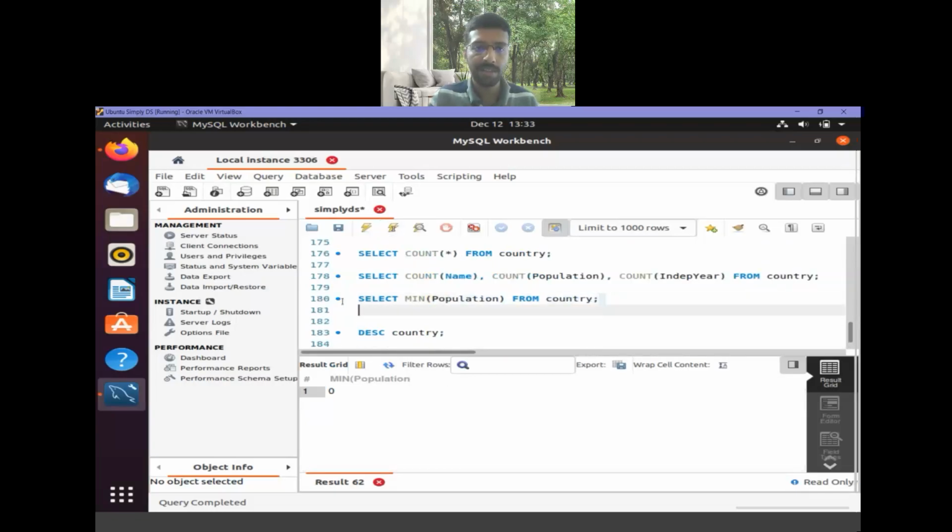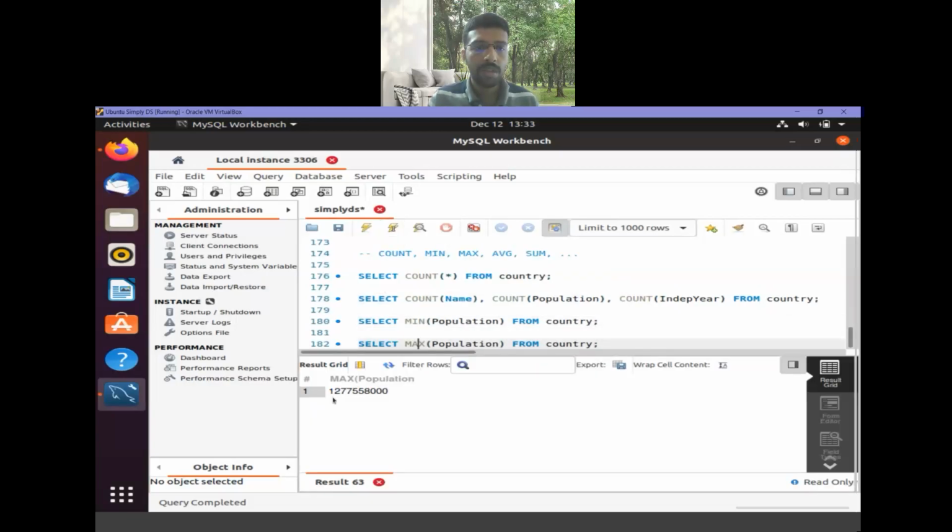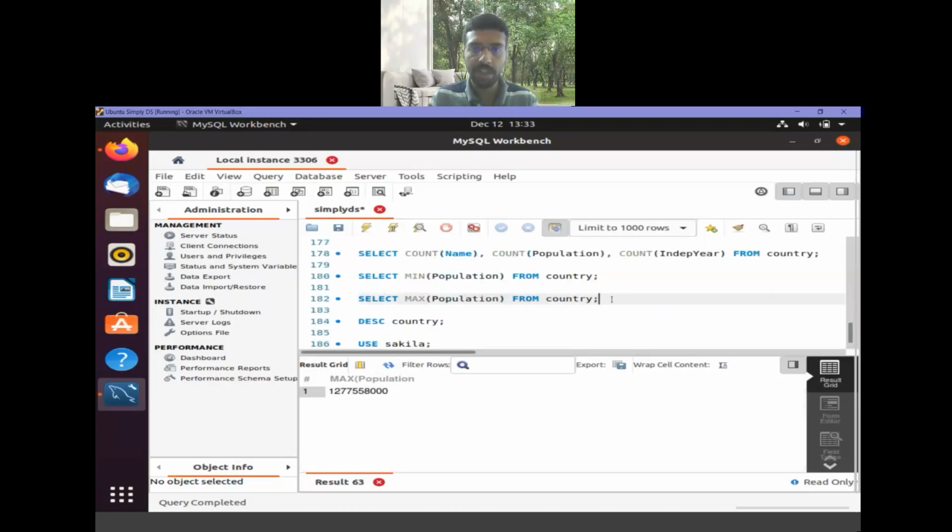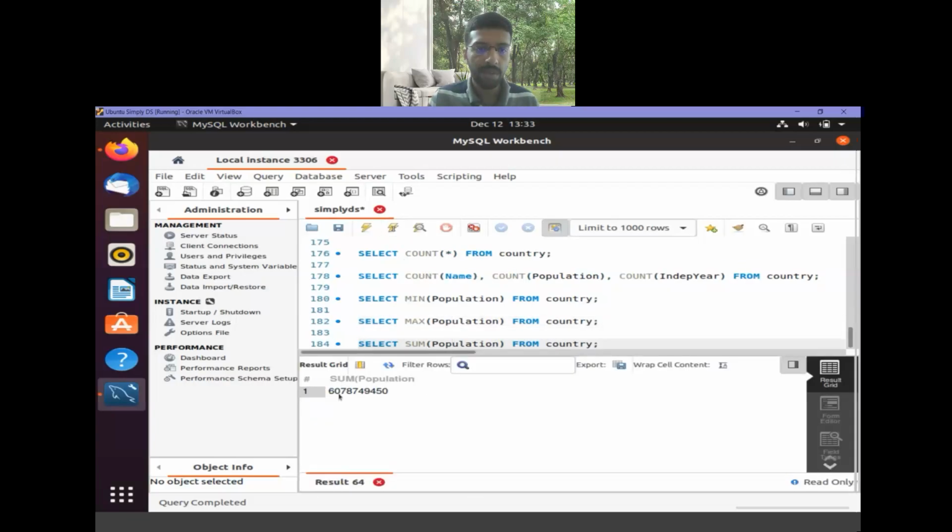Because we had 7 entries with 0 population. And max I can get China's population that we saw, okay, 127 crore. And sum will give me the sum of population in this database corresponding to all the 239 countries in the database. So that will give me some 607 crores.